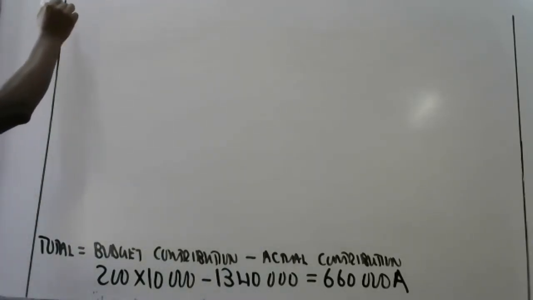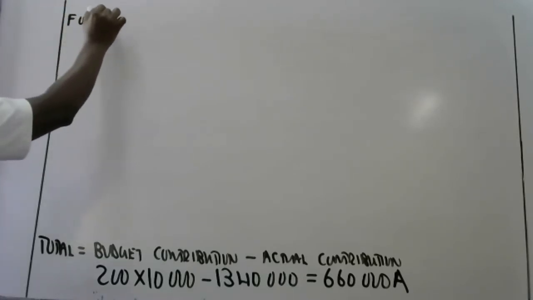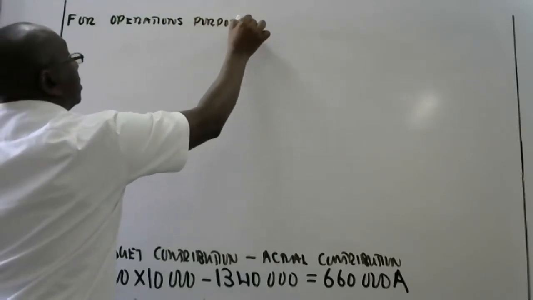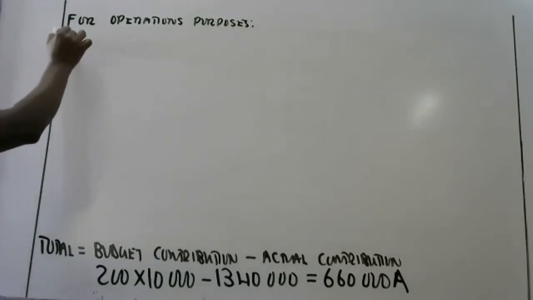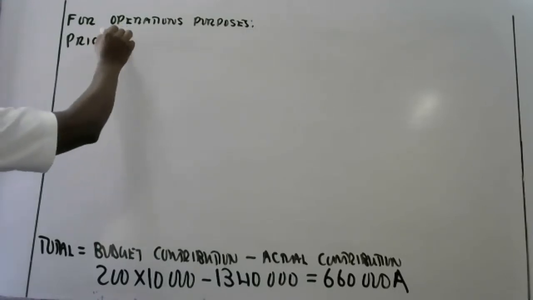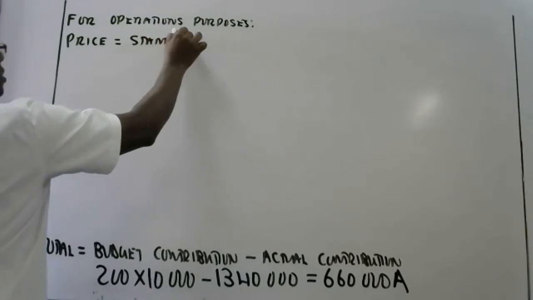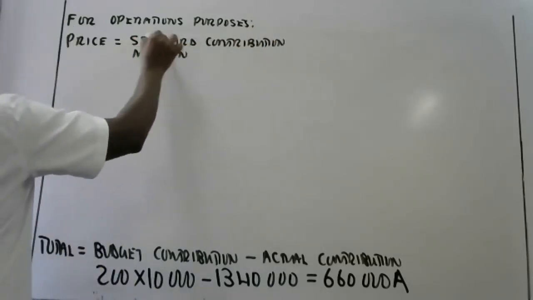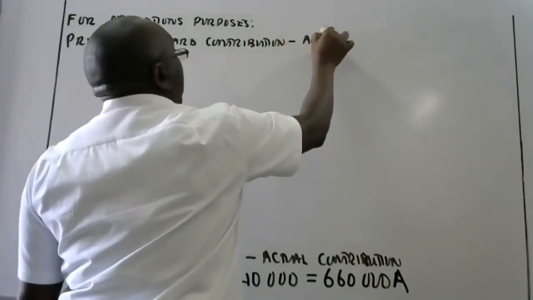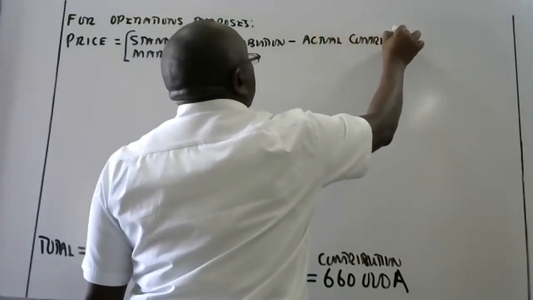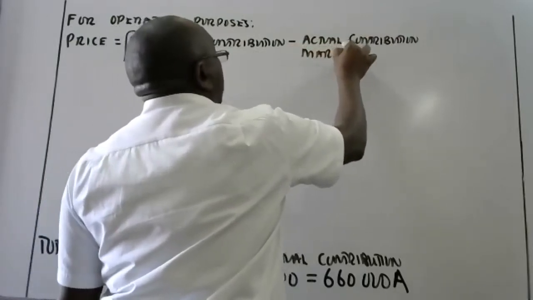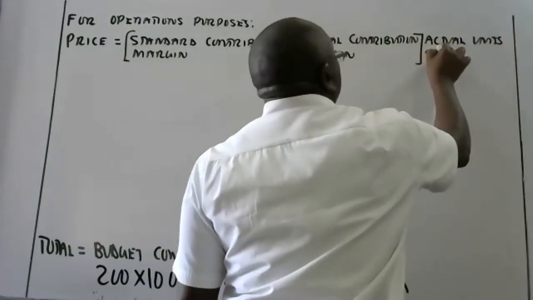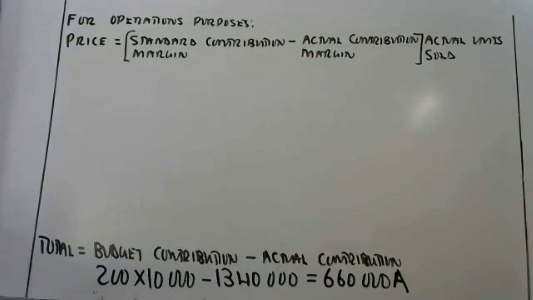Hiyo ingine taandika hivi, for operations purposes. For operations purposes, price is equal to standard contribution margin minus actual contribution margin, you multiply by actual units sold. Standard contribution margin